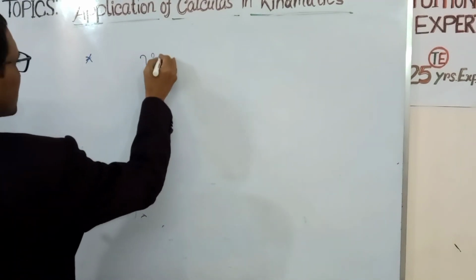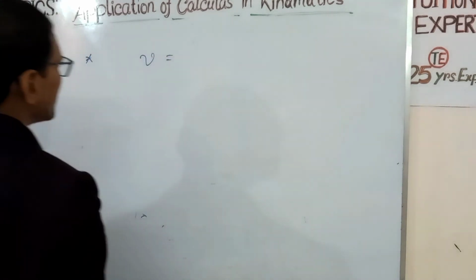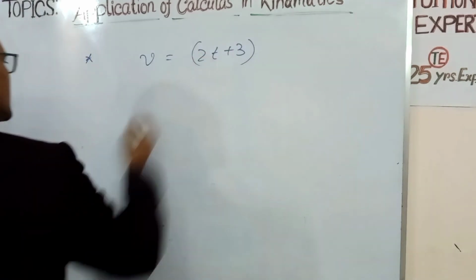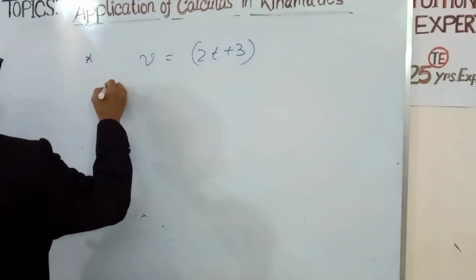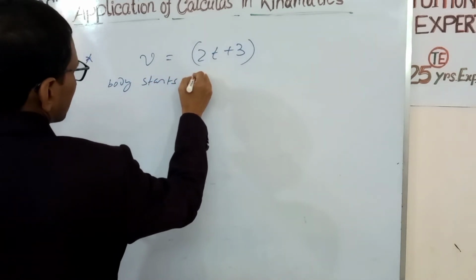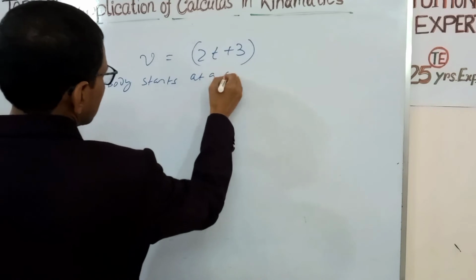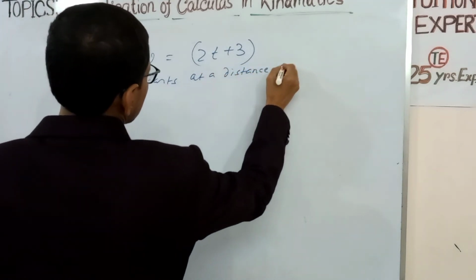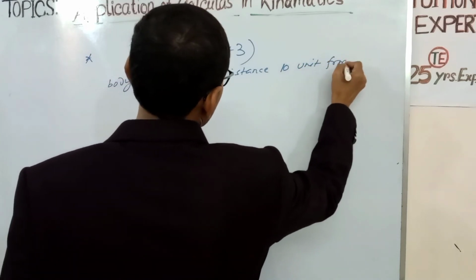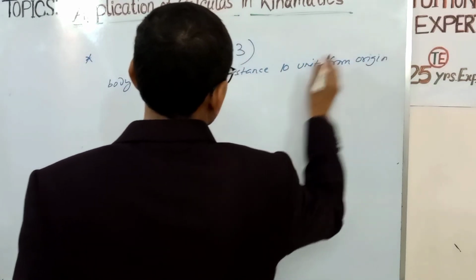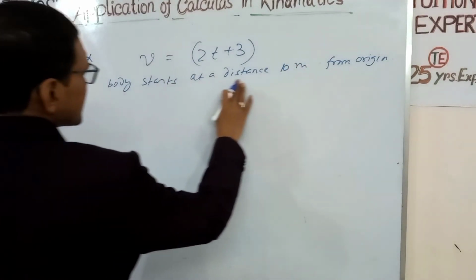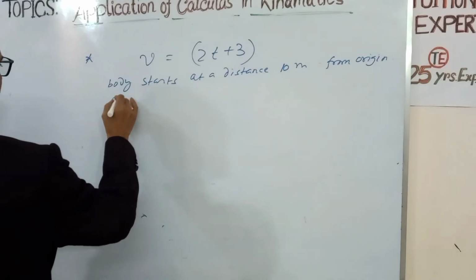Another example, suppose velocity equal to this is given. Now the body starts at a distance 10 unit from origin. Suppose this is meter, 10 meter from origin. The body starts at a distance 10 meter from origin. Find